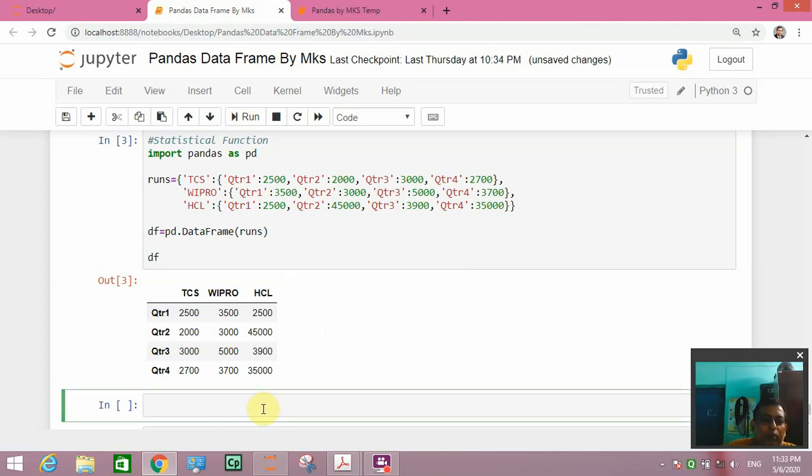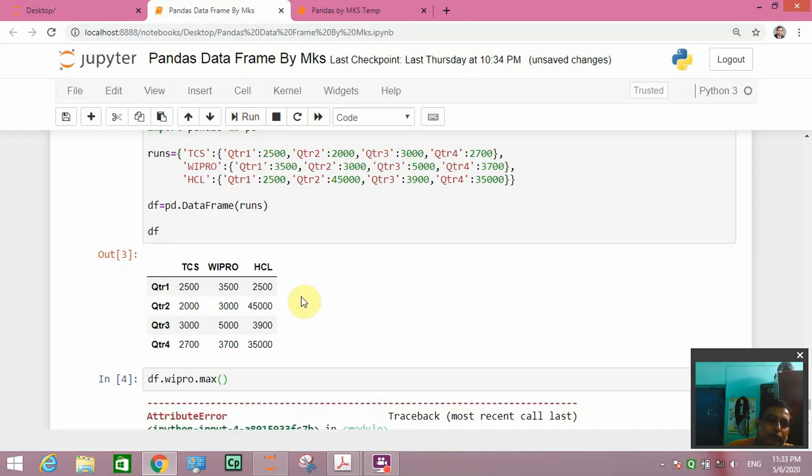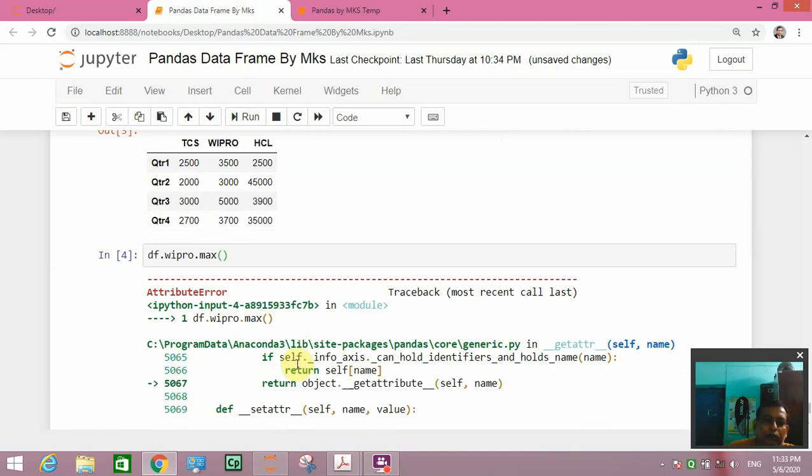Now we want to see the maximum production of Wipro company. So what will we write? df dot Wipro dot max. Let's see what it gives. It is giving an error.